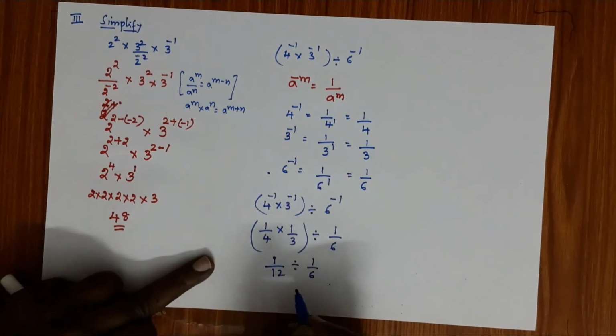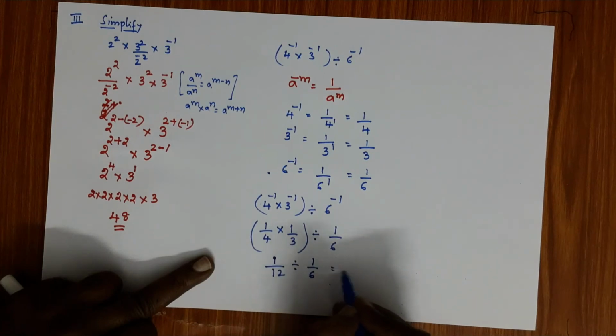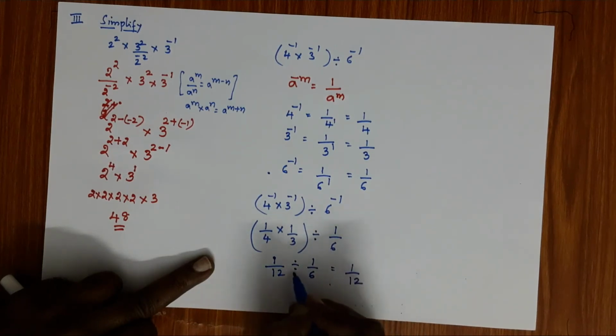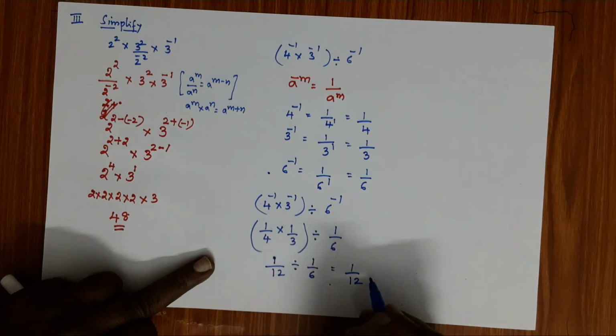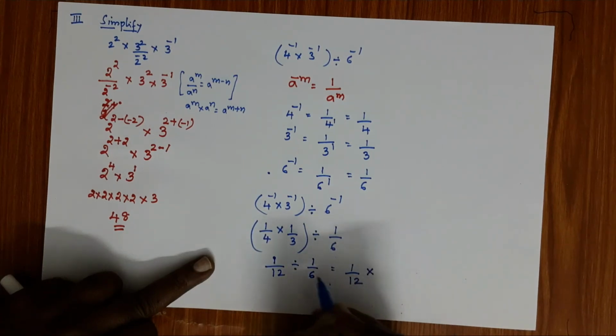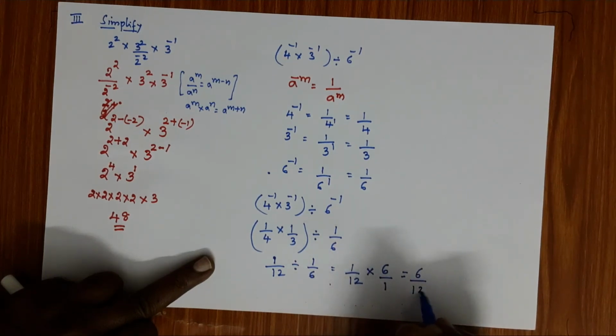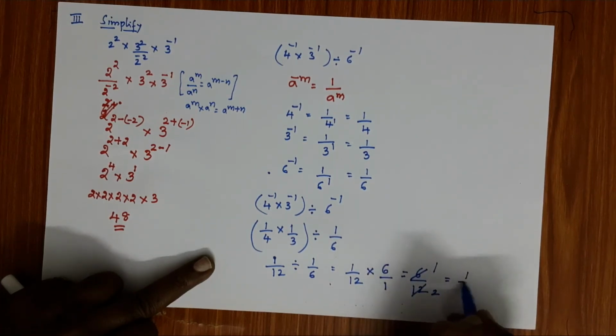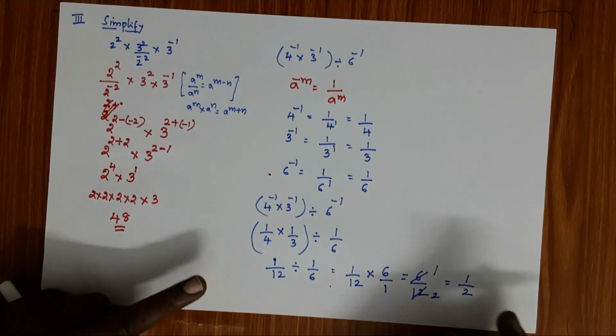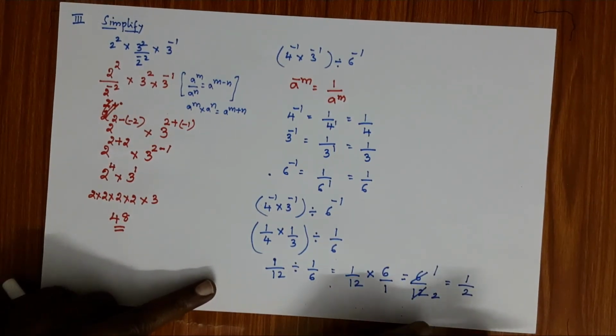Now here already we have learned in our previous classes 1 by 12. If we are changing the symbol division as multiplication, the numerator and denominator interchange their places as 6 by 1. So 1 6s are 6, 12 ones are 12, 6 ones are 6, 6 twos are 12. So 1 by 2. Okay children, so this is the third bit, second problem. Hence the solution is 1 by 2.